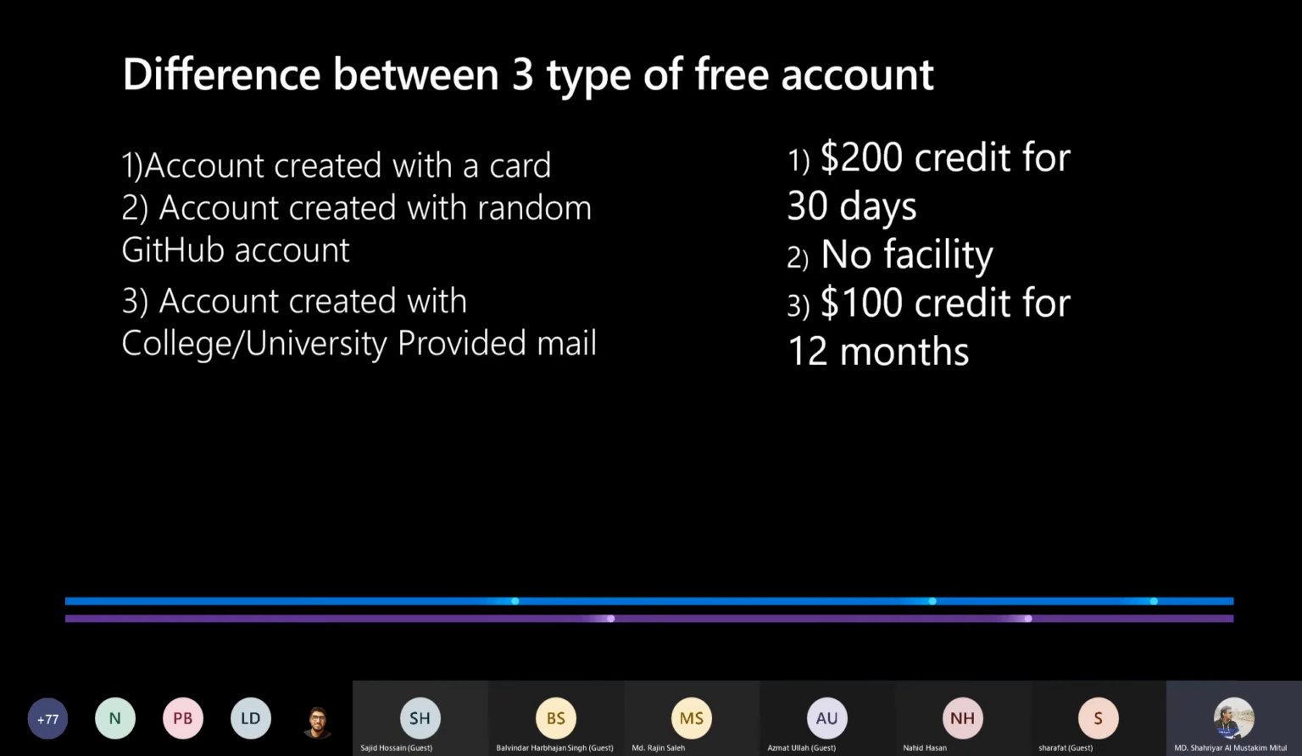You can create an Azure account with your card. You can also create an Azure account with your GitHub account or something. And if you don't want any kind of benefit, or you are not a student, or you don't have any student developer pack or something, you can just go to